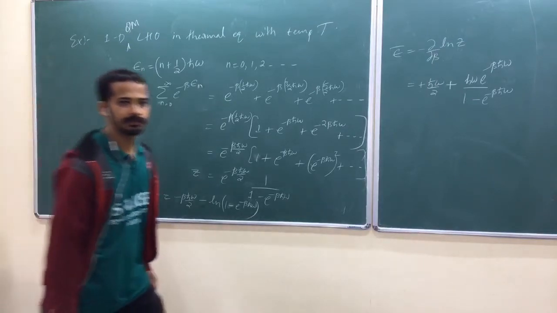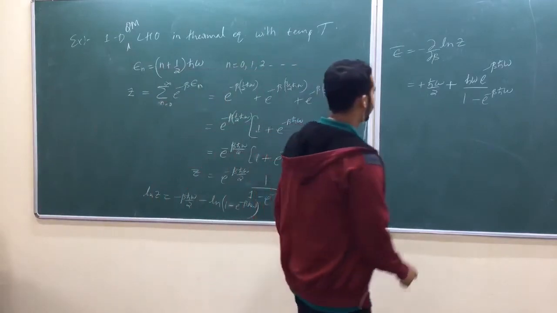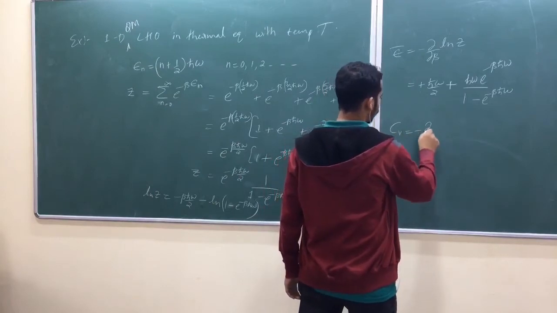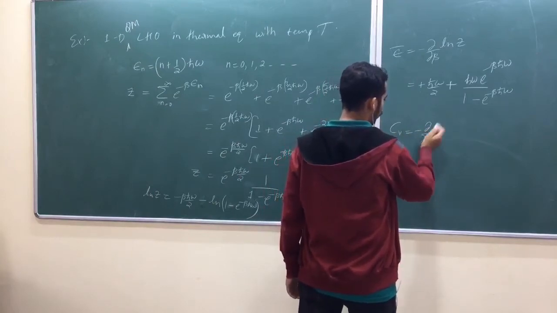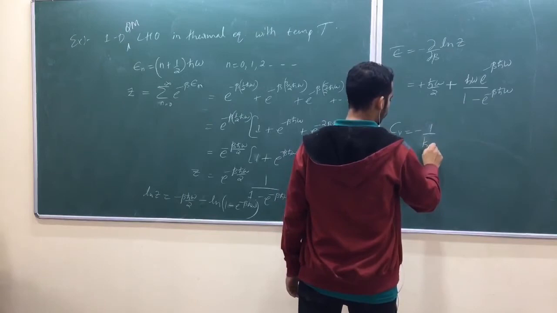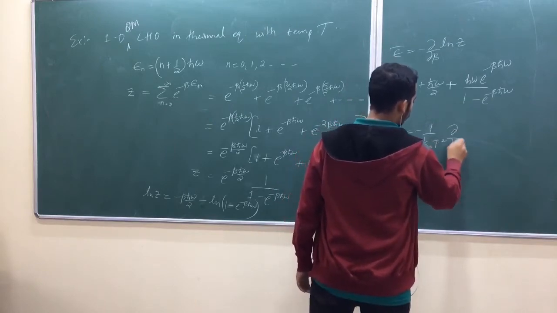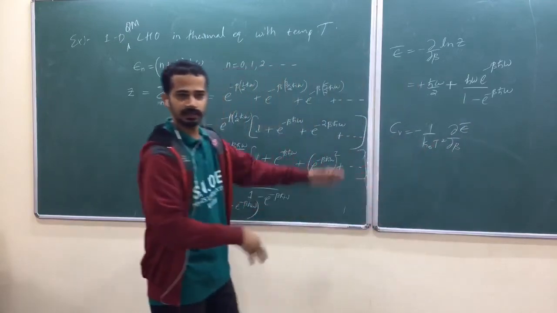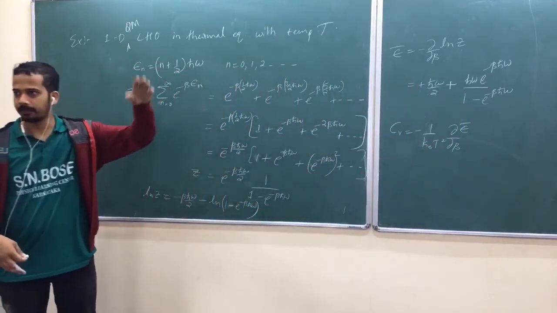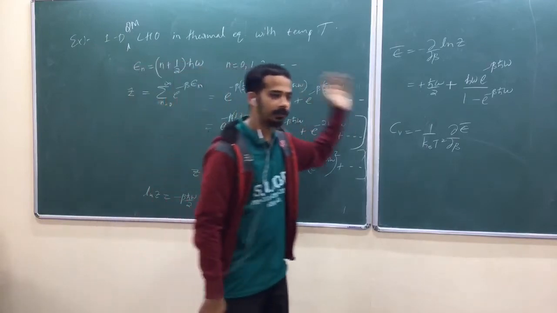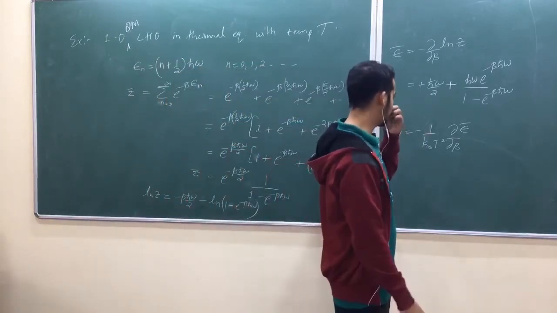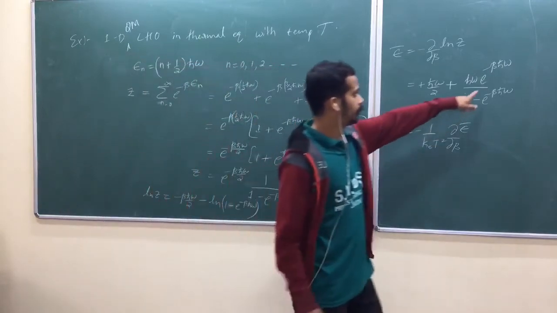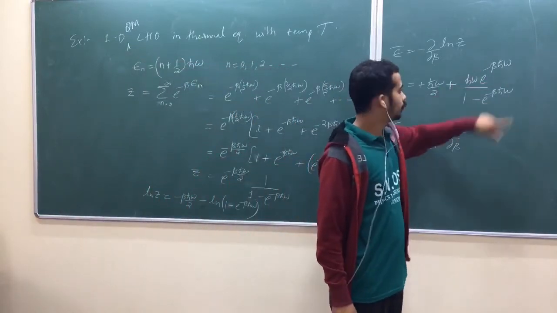Now, can you find specific heat? What is specific heat? Minus 1 by kB T square dou by dou beta of average energy. This becomes specific heat per particle. Ultimately, you can multiply by N if you have N systems, okay? Again, we shall use this one in case of Einstein theory, okay? Do this one. You need to do beta derivative here, okay? You need to do beta derivative.